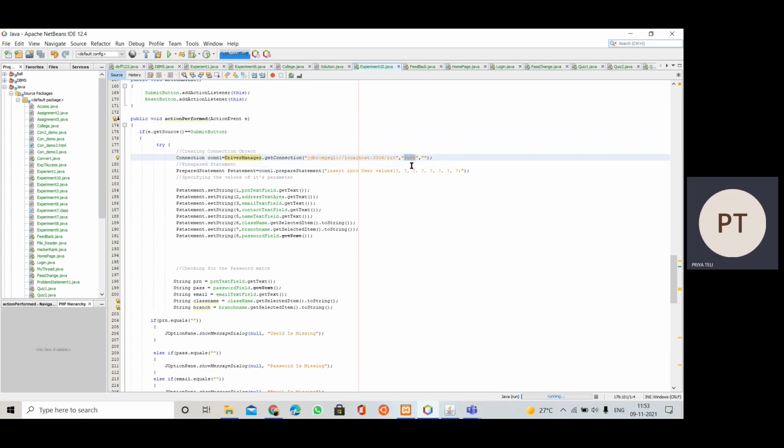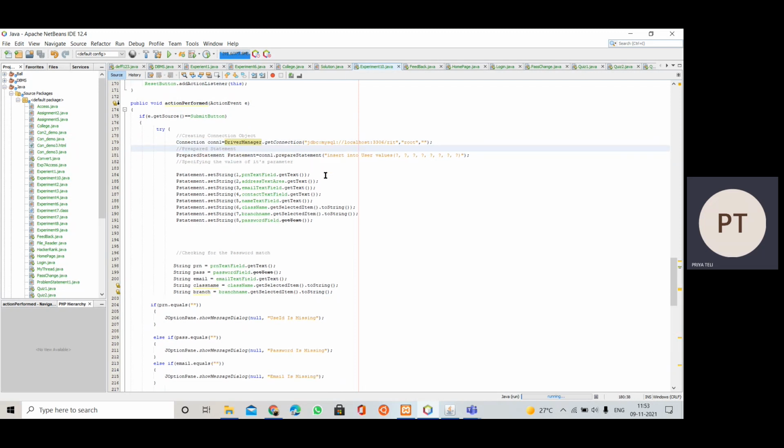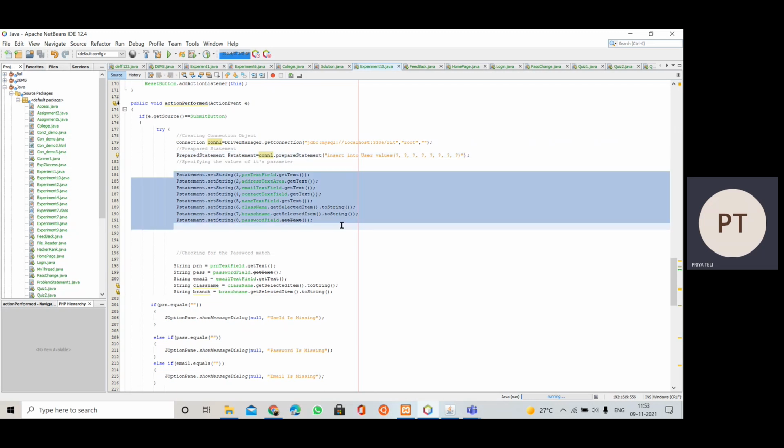Then this is the username, in our case it is root, and here comes the password, which in my case is empty. So we have the prepared statement class, we have created the object for that, and we call the prepare statement method on the connection object, and inside that it takes a query as an argument.